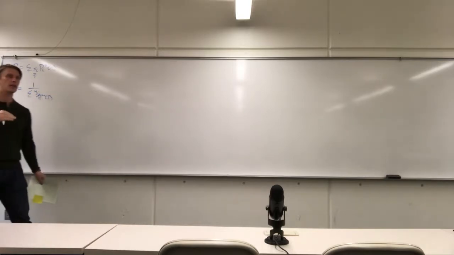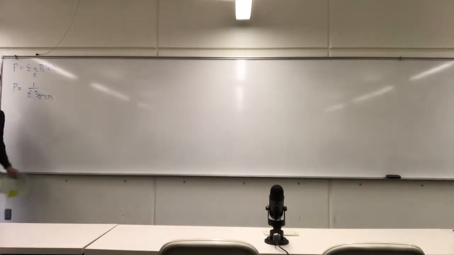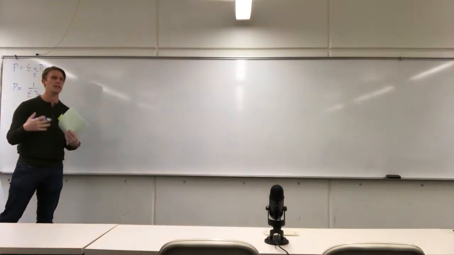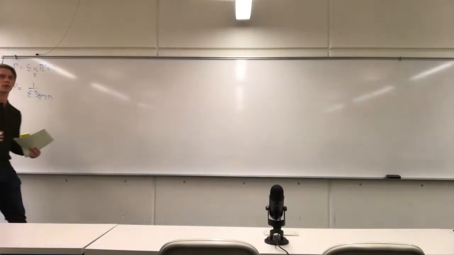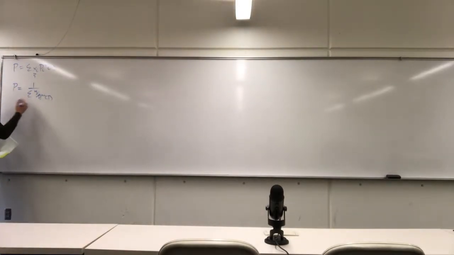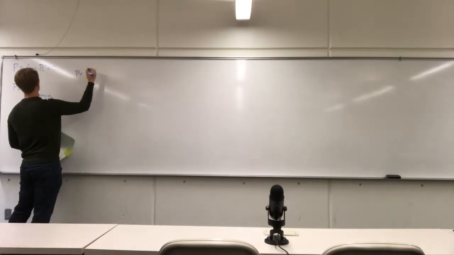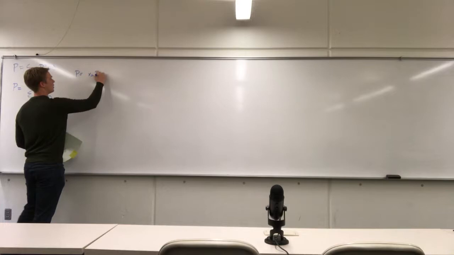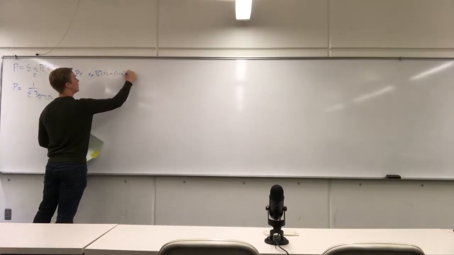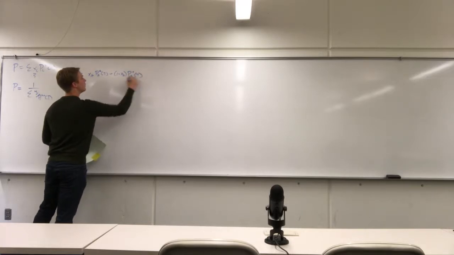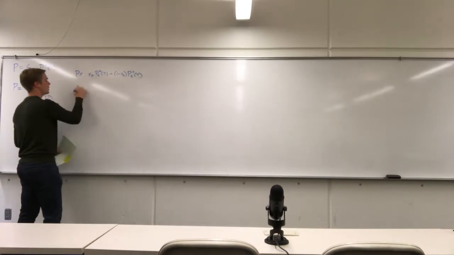Now, in the case of a temperature TXY diagram for the dew and the bubble points, it's just the opposite. It's still one equation, one unknown, but it's now an implicit equation, exactly the same way as solving a cubic equation of state for density. So in this case, we fix our pressure. Let's just do the bubble curve. So we have x of A times P of A star of T plus 1 minus x of A, P of B star of T. We know x of A. Now the only thing is we don't know what the vapor pressures are, but in this case